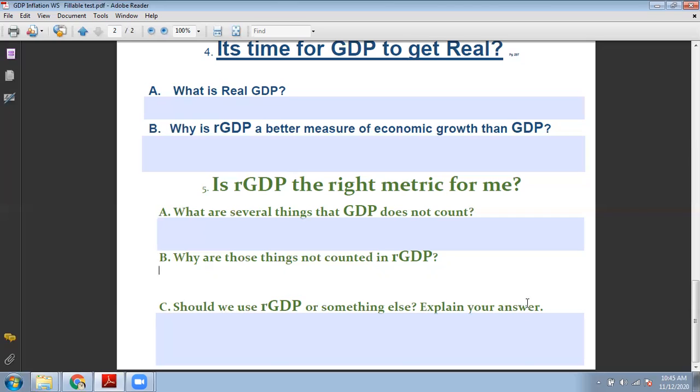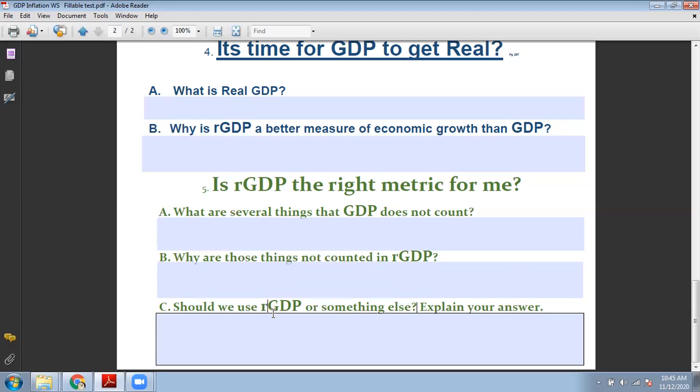So I want you to answer this one on your own, but I'm going to give you a caveat and I'm going to grade it based on this caveat. Should we use real GDP or something else? Remember, with real GDP, I can tell you exactly how many tons of steel were produced, exactly how many Pop-Tarts were sold, how many bridges were built, how many massages were given, how many lawns were mowed by a lawn mowing company. I can measure all of that exactly. So I can give you exact data from one year to the next, to the next, to the next. However,